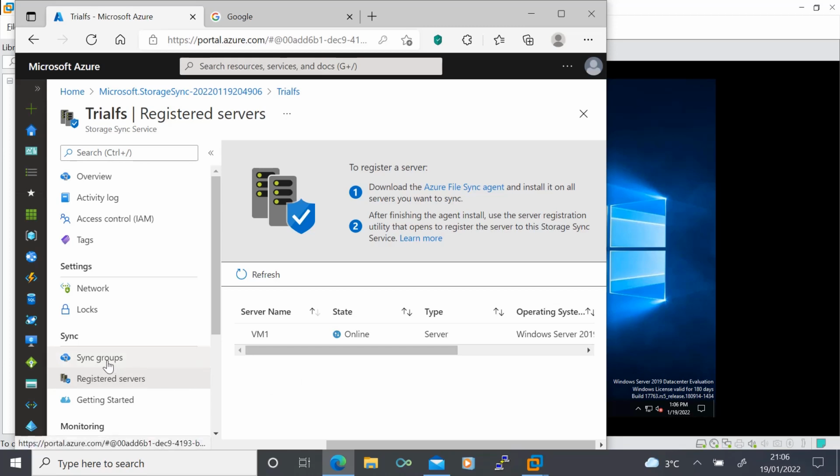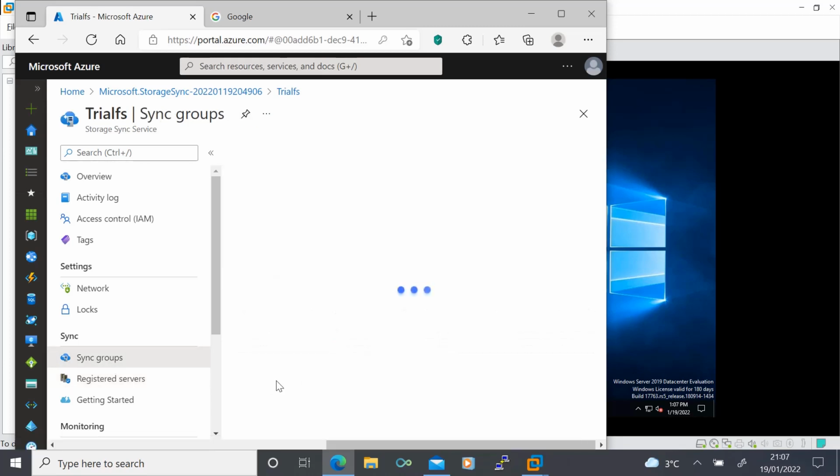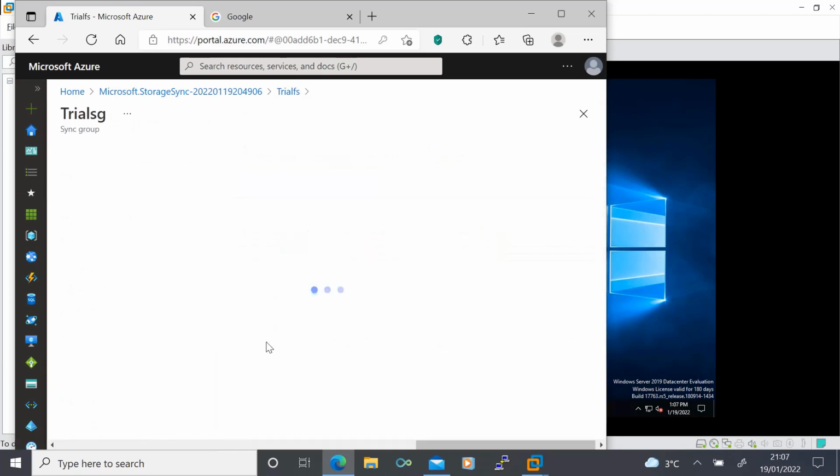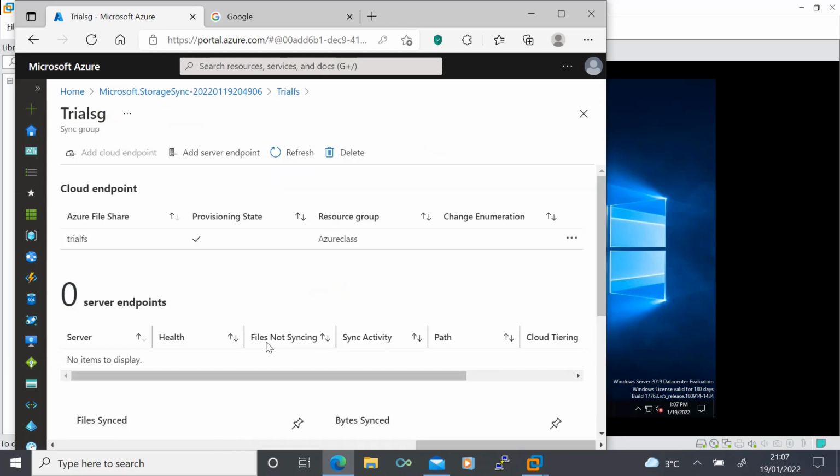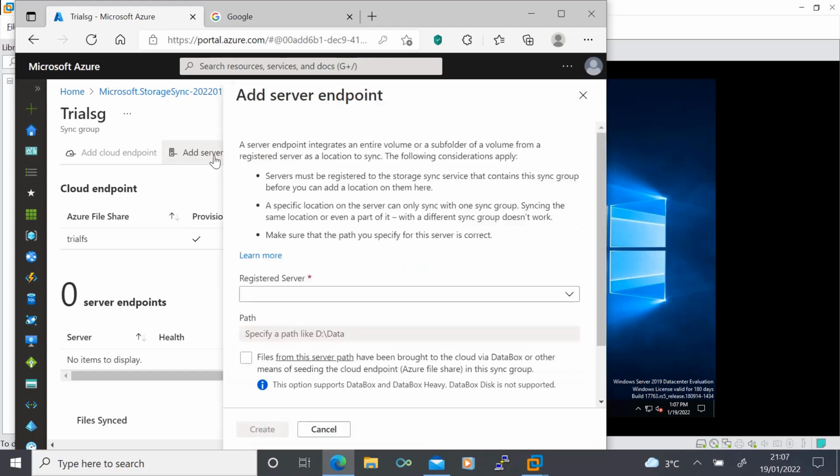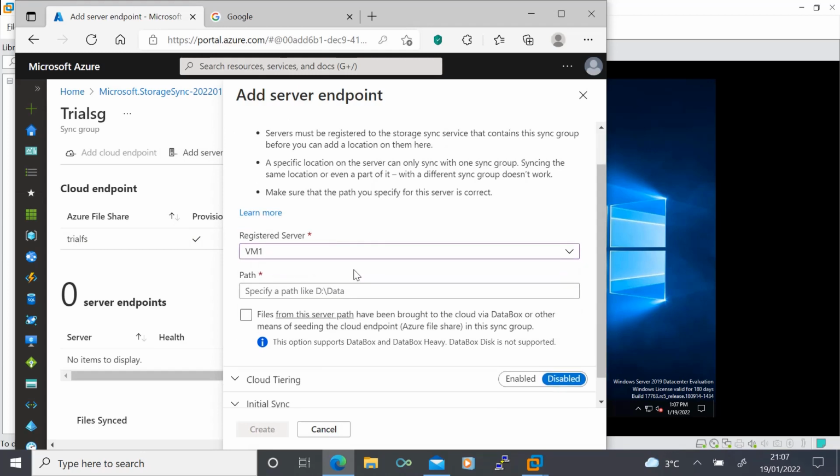Now what I'm going to do is I will go inside the sync group, and I need to add server endpoint. I click add server endpoint. I register this. The server is already registered. So what I'm going to do is